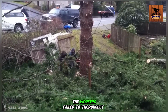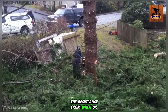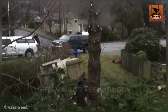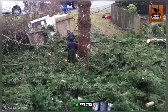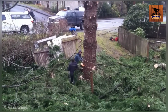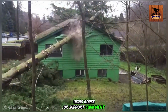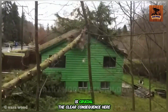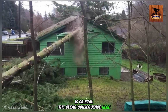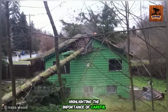It seems the workers failed to thoroughly assess the tree's center of gravity, the resistance from wind or surrounding factors. Cutting down a tree requires creating a precise and deep enough cut at the correct angle to guide its fall direction. In areas near residential structures, using ropes or support equipment to control the tree's fall direction is crucial. The clear consequence here is the partial destruction of the house's roof, highlighting the importance of careful planning,